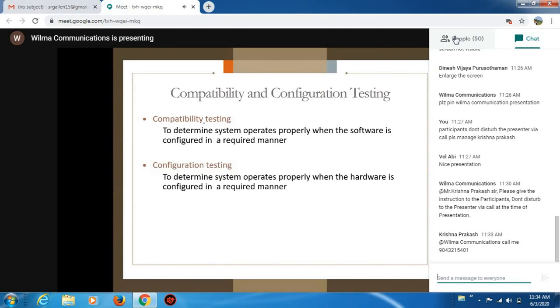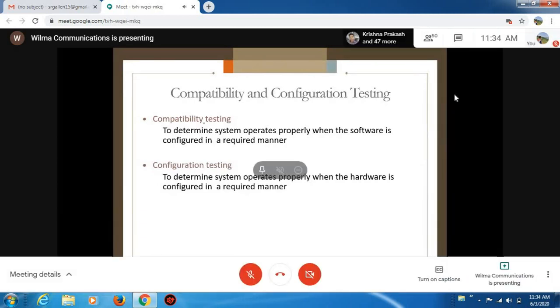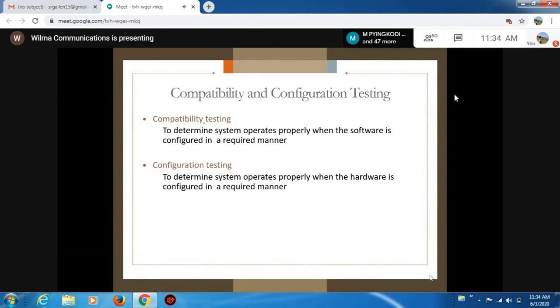So retesting is checking the defected components again; regression testing is checking the defected components and undefected components. Up to now we discussed testing levels, testing stages, functional testing, non-functional testing and different types of non-functional testing.